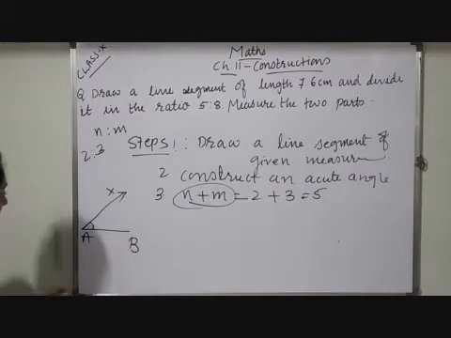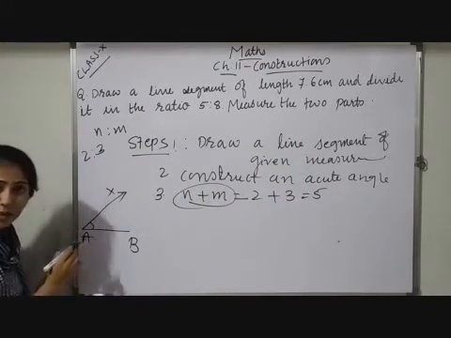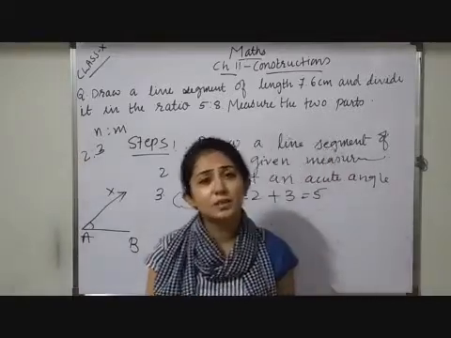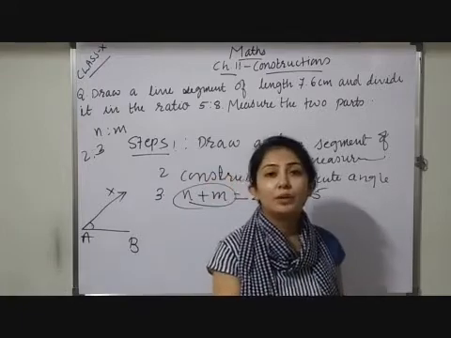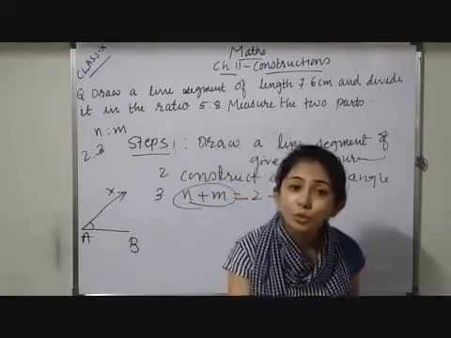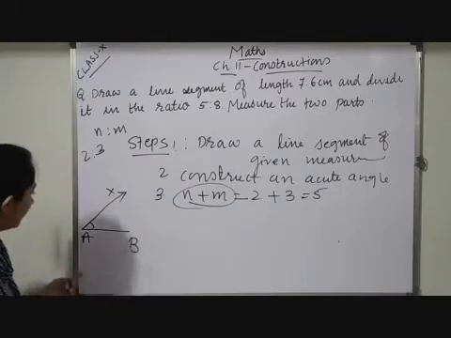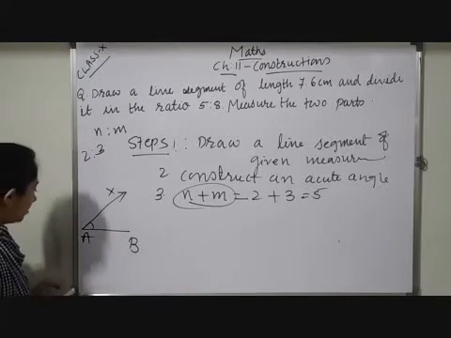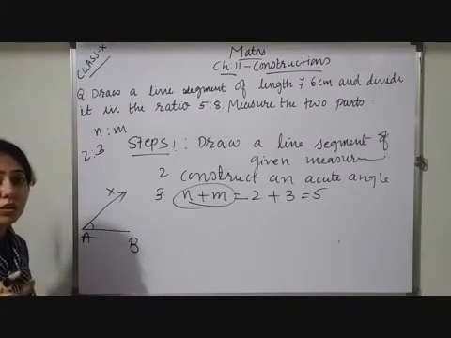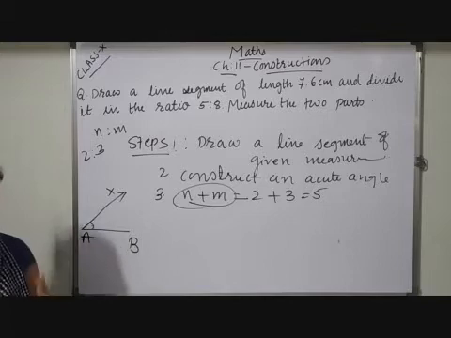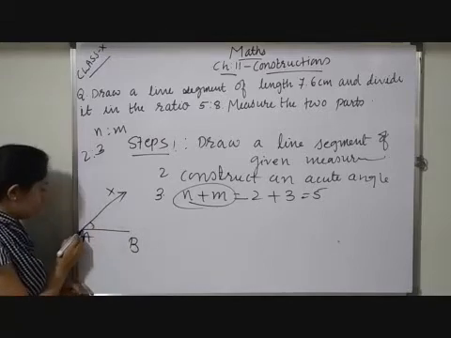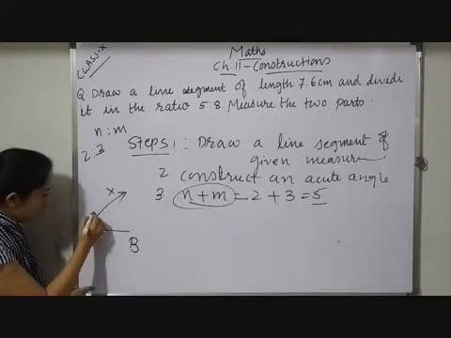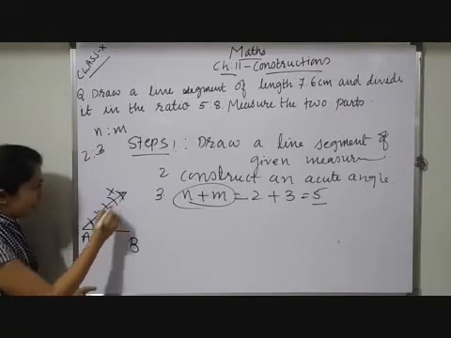So I will fix up my compass here. It will be better, if you are having more than 10, to take a 1 centimeter distance on your compass. You may take 1.5, you may take 2 centimeter, that is up to you. Again, there is no restriction. That measurement you have to take on your compass using a ruler. After that, fix up your compass at A, and since the sum is 5, I have to divide it into 5 equal parts.